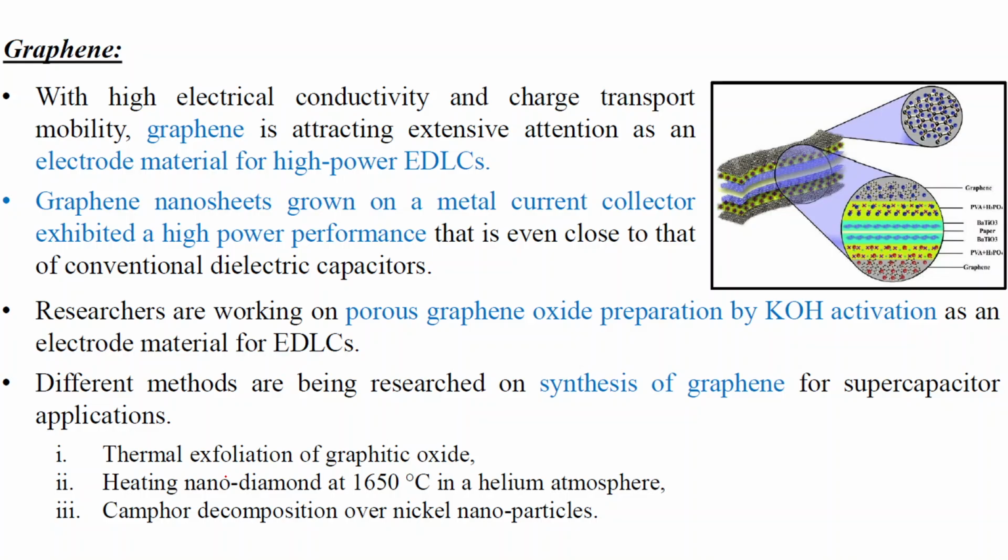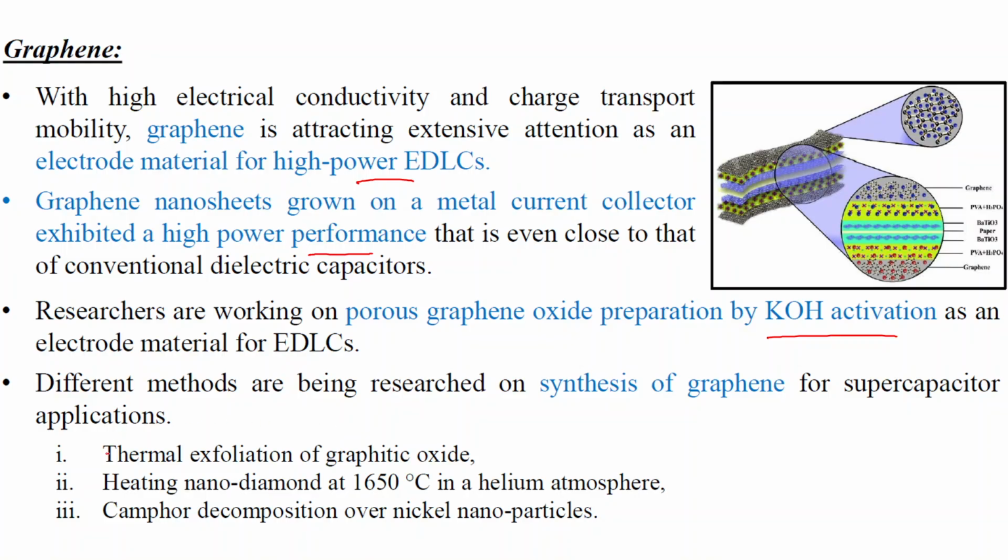Now, graphene, with high electrical conductivity and charge transport mobility, is attracting extensive attention as an electrode material for high power EDLCs. Graphene nanosheets grown on a current collector exhibited a high power performance that is even close to that of the conventional dielectric capacitors. Okay, so researchers are working on porous graphene oxide preparation by KOH activation, and different methods are used for the